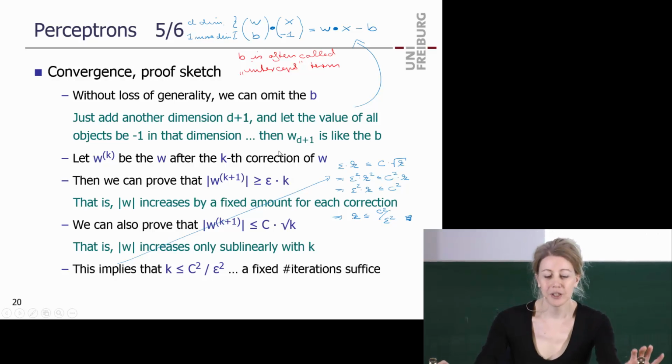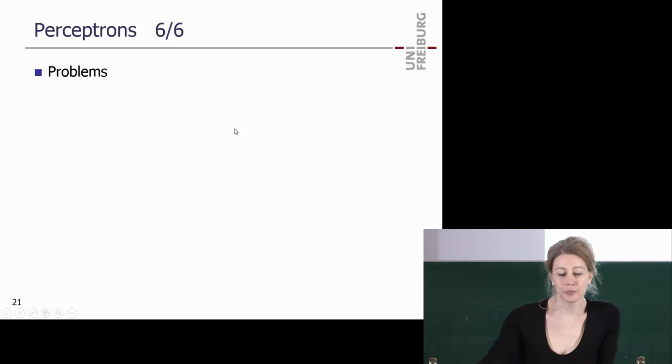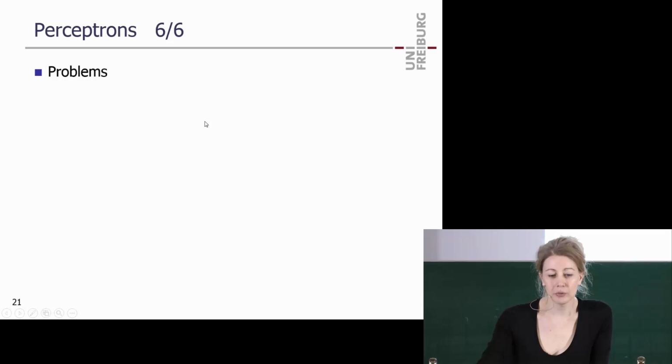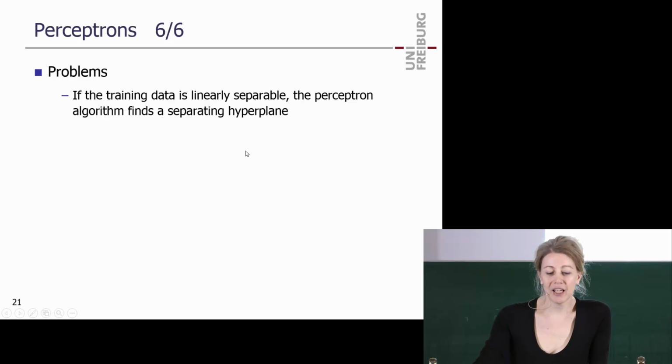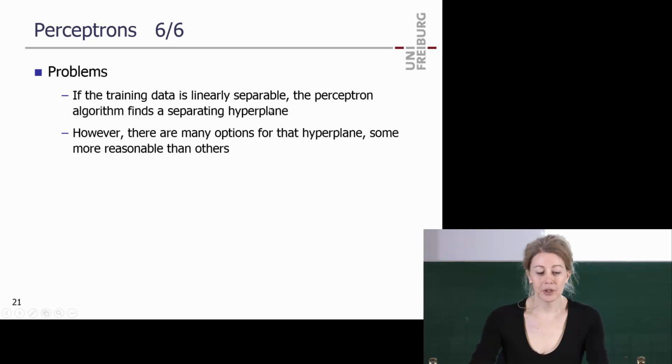Yeah, but that's just, if you're interested in the math, have a closer look. You don't need it for the implementation. Here are some problems with the perceptron, and then there's not much more. You will just implement it, play around with it, and compare results to naive Bayes. So if it's linearly separable, we just sketched the proof of this. It will find the hyperplane. It works. You can try it.